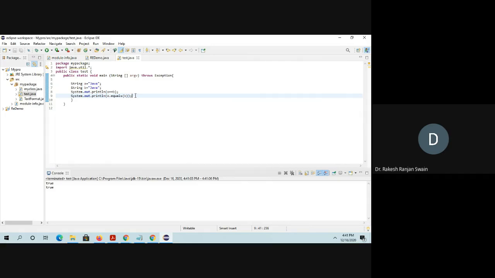Let's see the same thing created in a different way. String C, another string, using the constructor new String. Suppose here string B is new String.